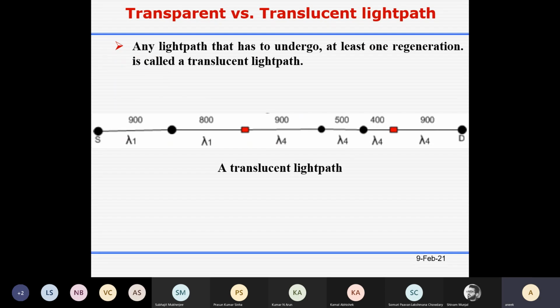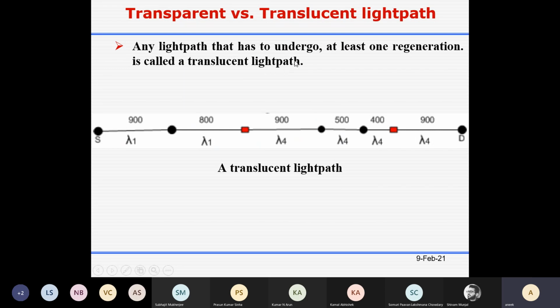Now, as we are discussing transparent versus translucent light paths: a translucent light path means this is your source node, this is the destination node of the light path, and this is a node where a regenerator is also available. Any light path that has to undergo at least one regeneration is called a translucent light path.